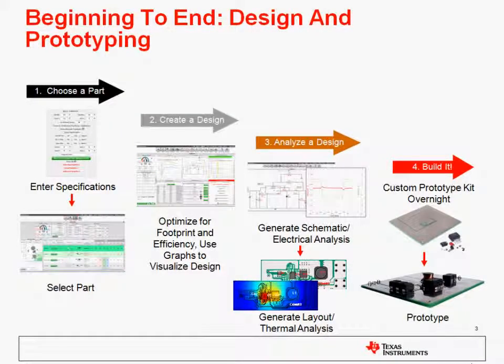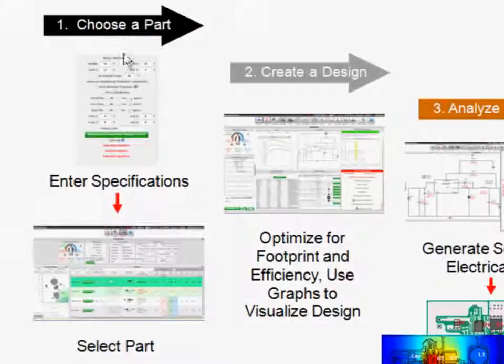WEBENCH is fundamentally an end-to-end design and prototyping system. In the first step up here in the upper left, the user would simply enter in their input requirements. So for power, this would be the input voltage, the output voltage, and the current. WEBENCH then crunches those numbers and presents a list of alternate solutions and recommended solutions that the